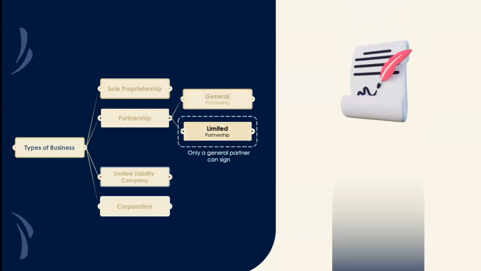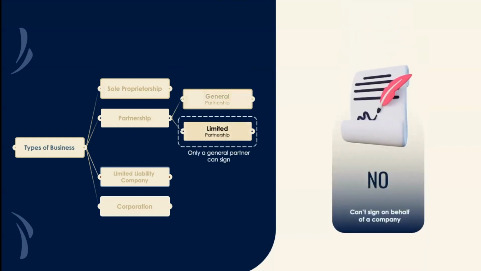In a limited partnership, you only have a general partner and then limited partners. And generally, a general partner is the only person with the authority to sign because limited partners are only there as investors or passive participants. So a limited partner generally has no authority to sign on behalf of the company and should not have that authority because it may subject the limited partner to unlimited liability, which is what a general partner has. So the partnership agreement for the limited partnership should designate that the general partner is the only one that can bind the partnership.